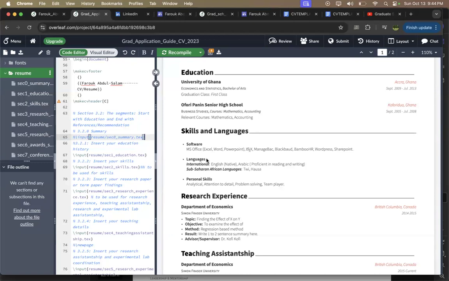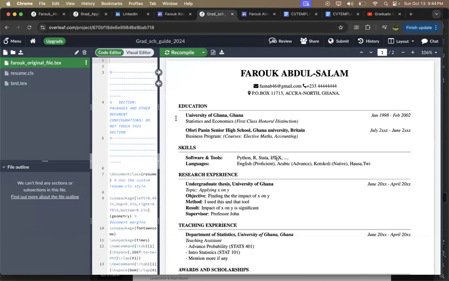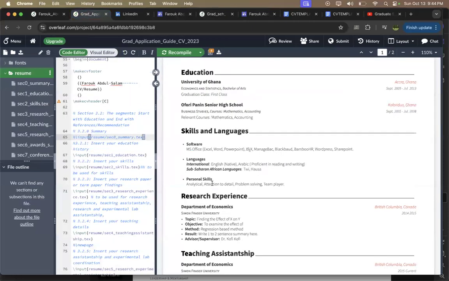Languages: if you are in education, political science, or sociology related programs, maybe understanding one or two languages will be to your benefit. If that's the case, make it more apparent for them to understand that this person is multilingual in some respect and it can be an asset to the department. You can do that. I'm not sure about this particular personal skills section and don't know how it's going to play out. If you look at the very short version, I don't include it, but if you want to do that, it's mostly up to you.